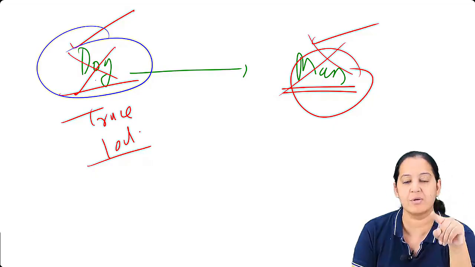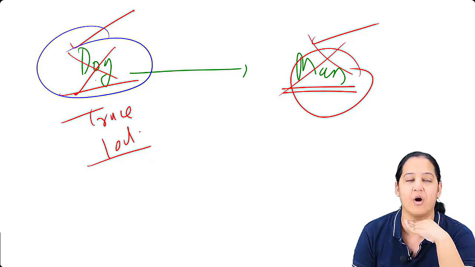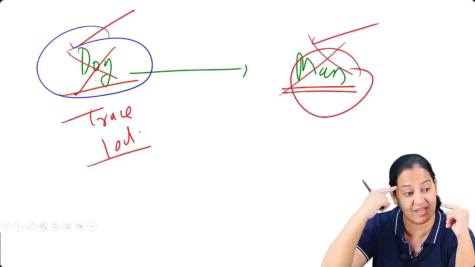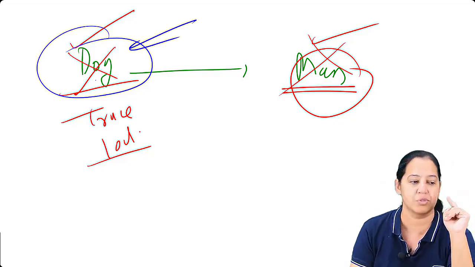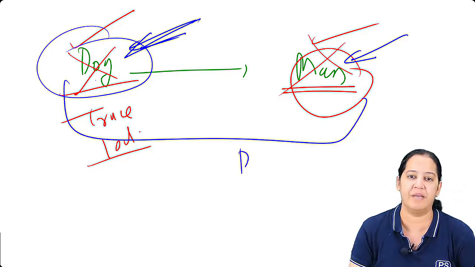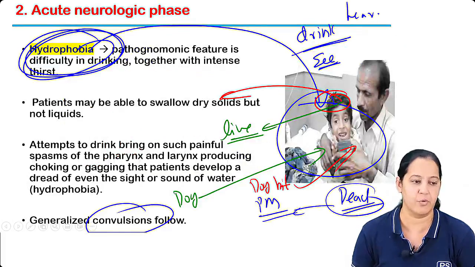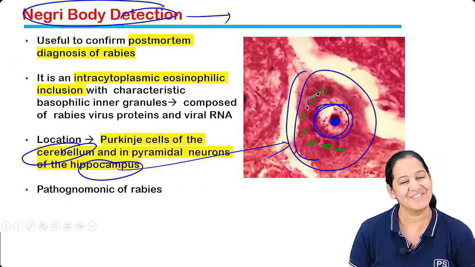And if the dog is also rabid, sometimes we cut. If the dog is dead, we cut the neck of the dog. We take the head to the laboratory and we see the Negri bodies in the brain of the dog also. So we can get Negri bodies in the dog's brain and in the man's brain, but both of them should be dead for getting the Negri bodies. That is the point. Say yes, people. Got my point. So that is the Negri.